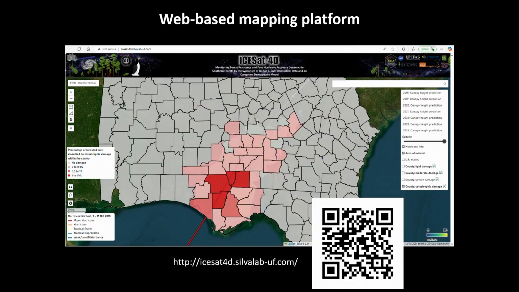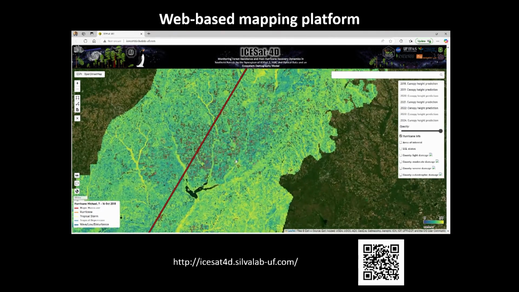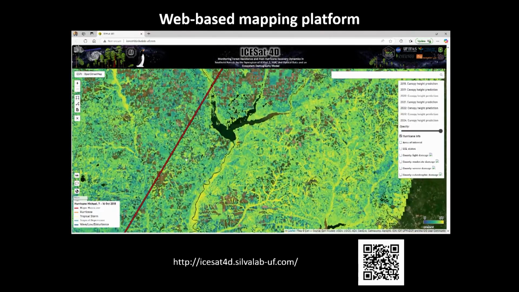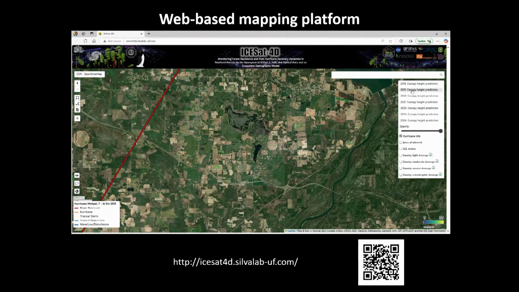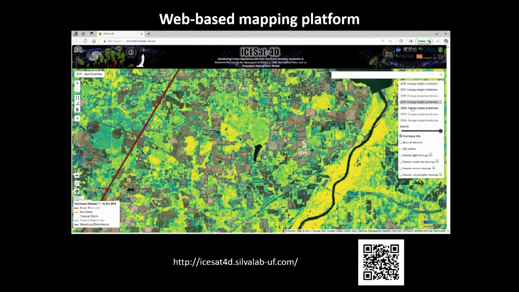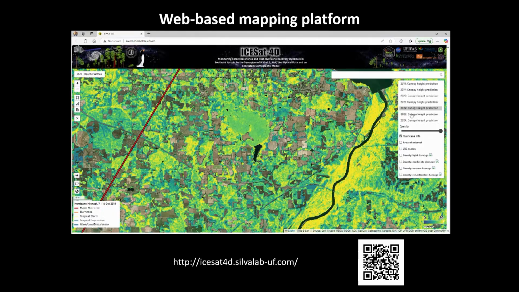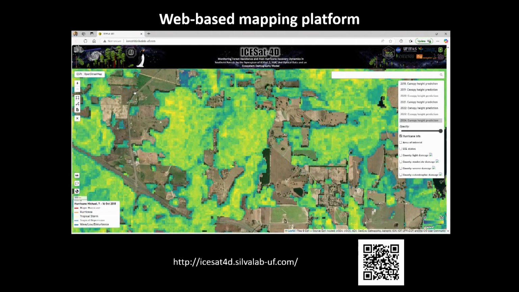So here, as I said, there is this platform available, and then there's a short animation. This is just the beta version. We are improving, but you can see we have maps from 2018 to 24. You can zoom in on those maps. The color represents height. The yellow is the higher heights. Blue is the low height. So you can draw a polygon on your area, or you can upload a shapefile if you have one, and then you can extract metrics relating to that product.